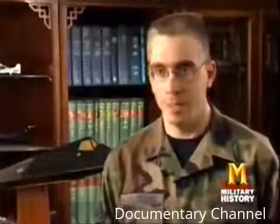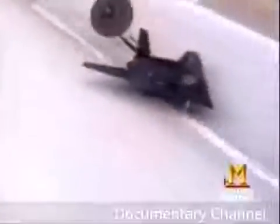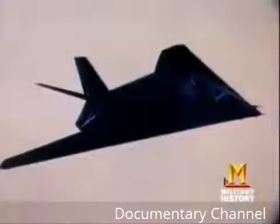The people who worked on that fighter when it was still in the Black World referred to this as the Vampire Convention, because they would have to rush home, get the aircraft in the hangar, and be back by sunrise. The F-117A came out of the black on November 10th, 1988, when the Defense Department released this purposely fuzzy photo